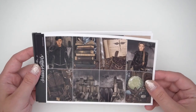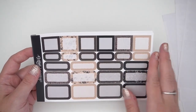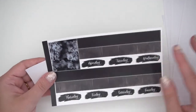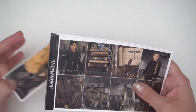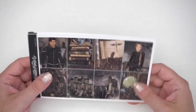So you have the boxes here. It's just so good. And you have the really muted dark colors, which I think totally works for Fourth Wing, but also, again, works for any general fantasy. There's swords, and this is rain and lightning and a dragon. You need a dragon. Tons of dragon stuff throughout. On the spine of the books, in the background here, dragons. So it's a little thing there, but